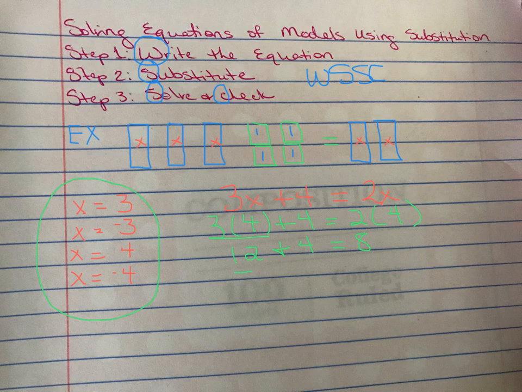And so on this side, 12 plus 4 is 16. Does that equal 8? It does not. So I know that x does not equal 4. So now I'd like to try another one of our answer choices. I think I'm going to try -4. All right, so if I put -4 in for x,